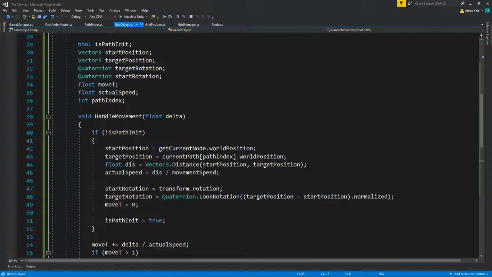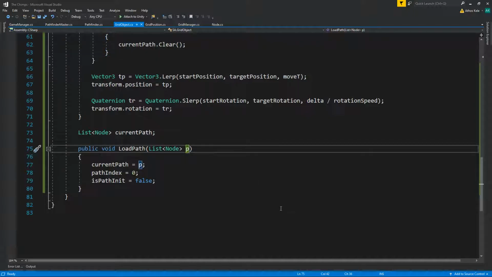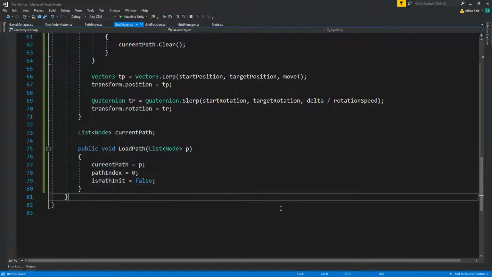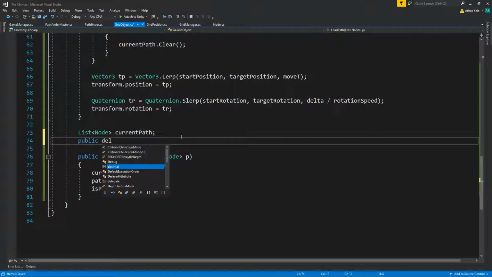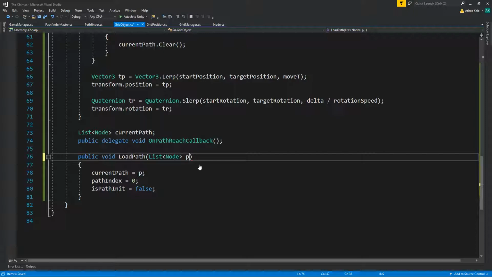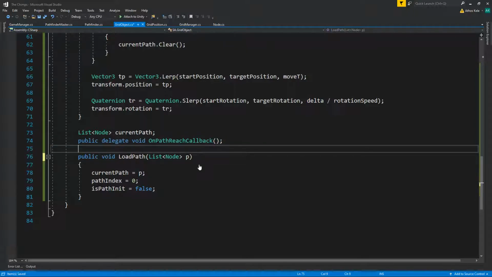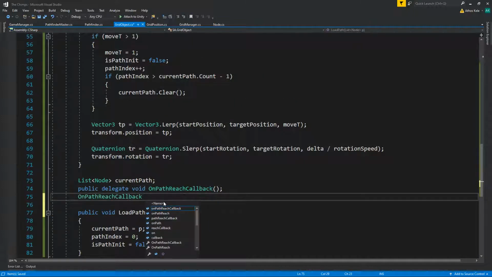Now let's have a callback onto our load path. Where should we create that callback? Let's just do it here, and we're going to do a public delegate void OnPathReachCallback. Then when we are loading the path, actually for now I don't really want to pass the callback on the path reach. I'm just going to hard code it in here. However, we're going to keep the variable in here,